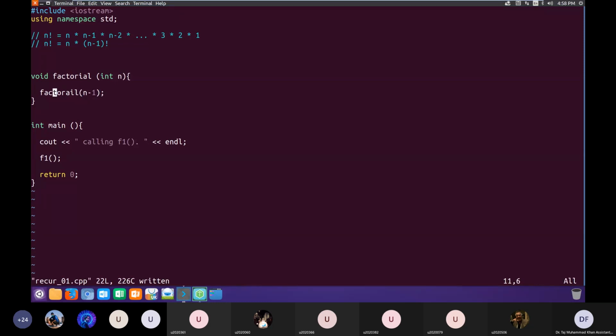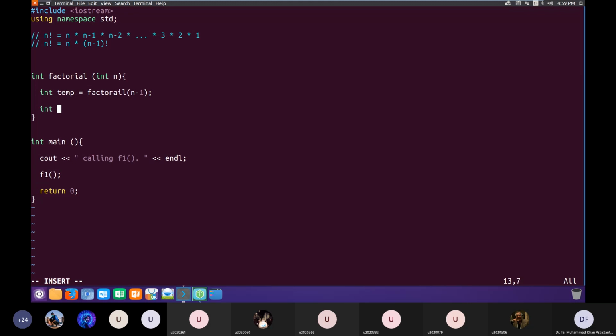Since the factorial will return a value, we change the return type to int. Once we have this, we can multiply n by temp. Temp will basically store the factorial of n minus 1. And then we can return the result.